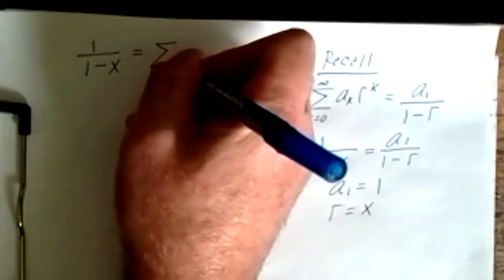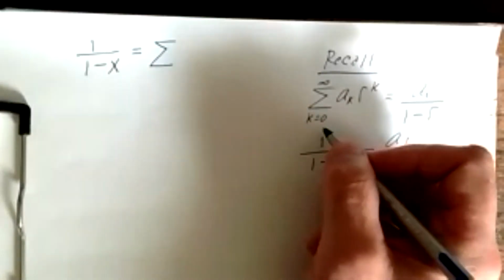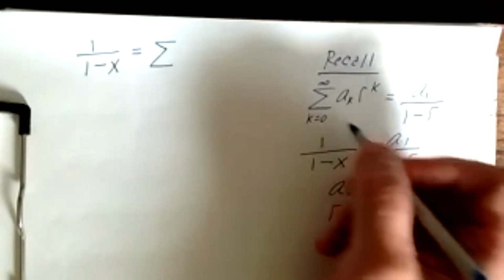So therefore, I can write the power series for 1 over 1 minus x using this infinite geometric series here. So this is going to be equal to